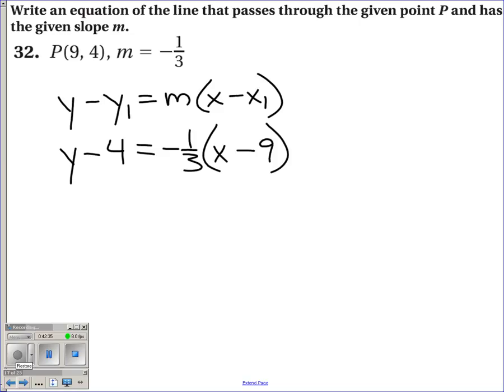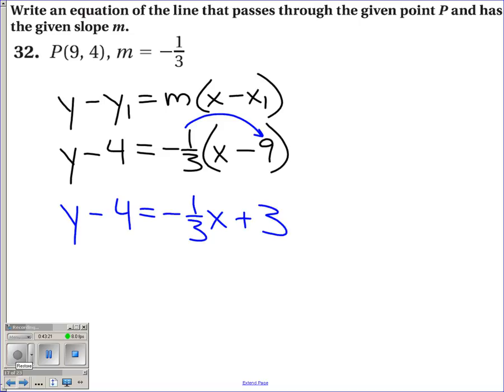Now let's suppose we start with this, and let's say this is a multiple choice question, and that answer is not showing up. That means they probably put it in slope-intercept form. How can we put it in slope-intercept form? Well, let's just go through and change it. Distribute the -1/3 inside this set of parentheses. That would be -1/3 x, and then -1/3 times -9. Well, the negative times the negative is a positive, and 9 times 1/3 is going to be